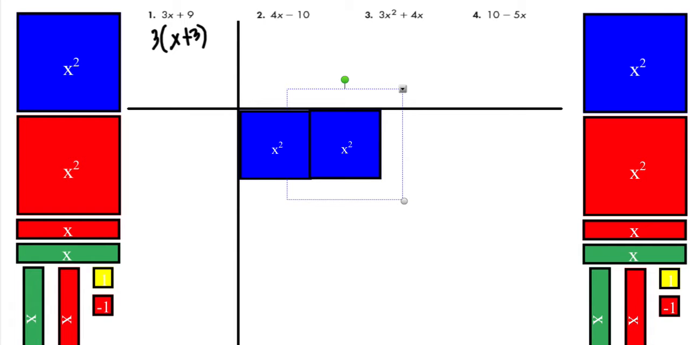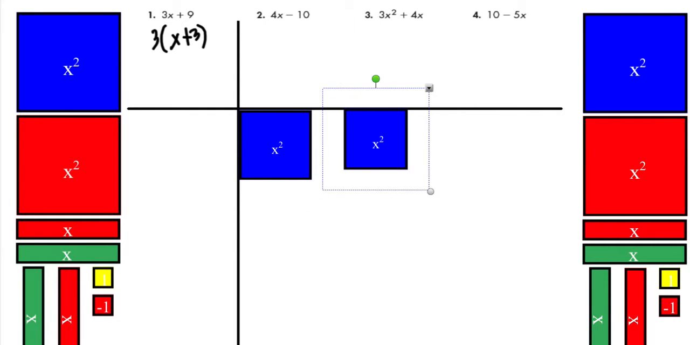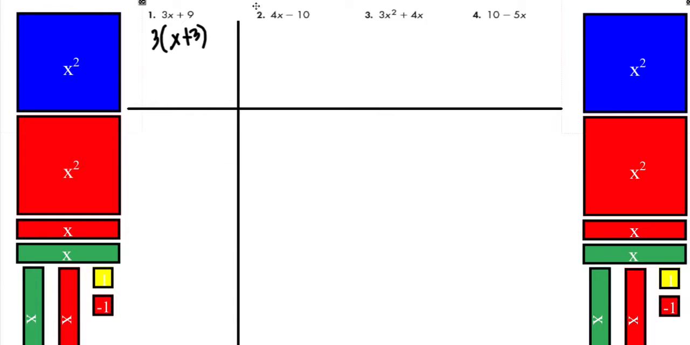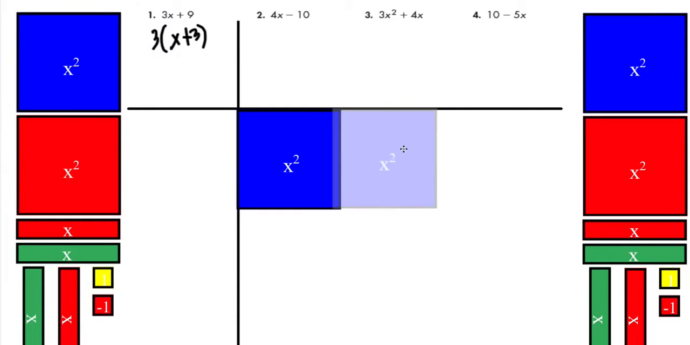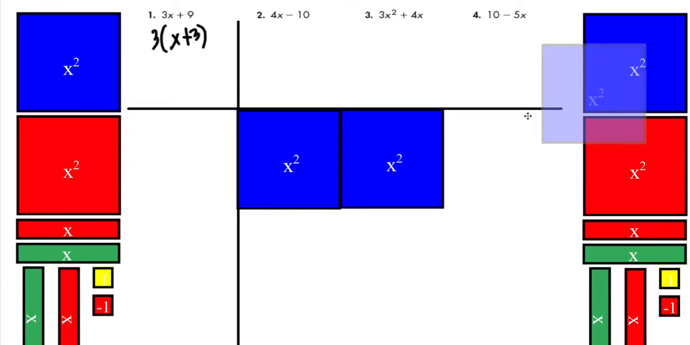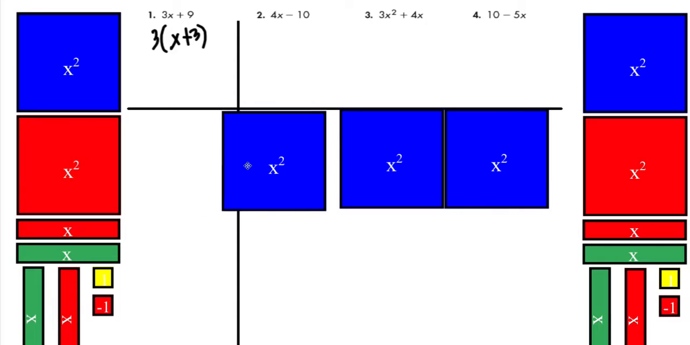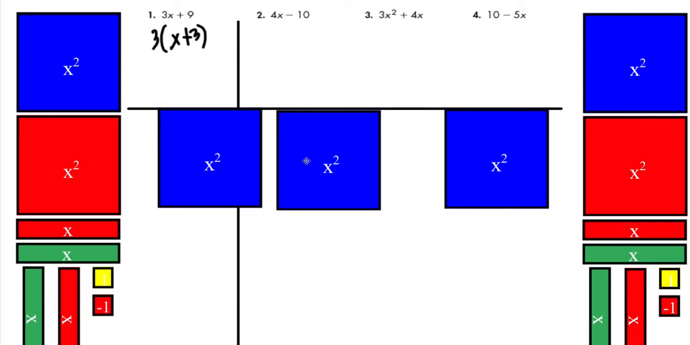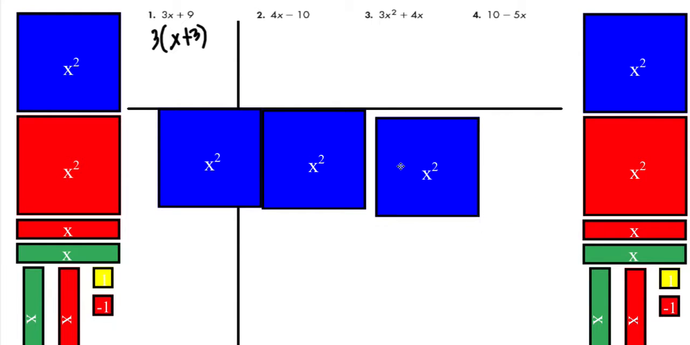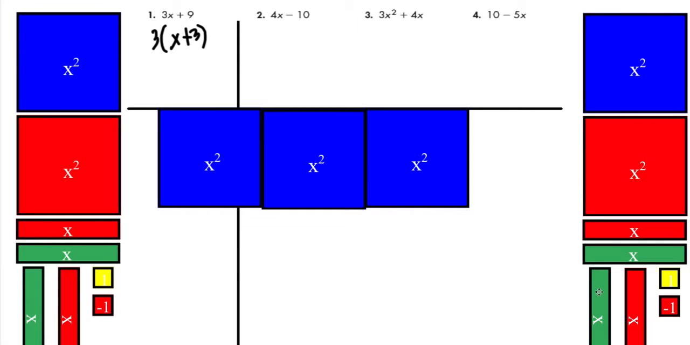You know what? Let's do it normally because I don't feel like shrinking all of them. So you have 3 x squared tiles, 1, 2, and 3. And then we get, let's move this here. So we have space, 1, 2, and 3. And 4 x squared tiles, 1, 2,